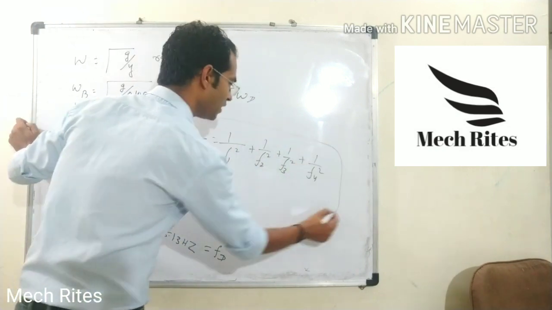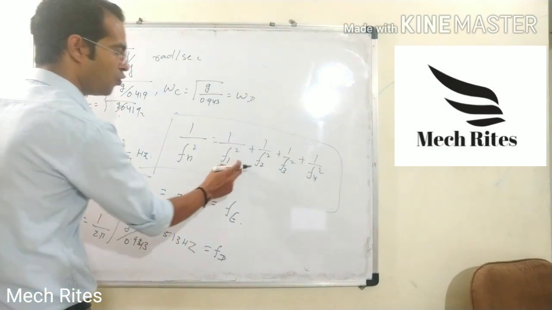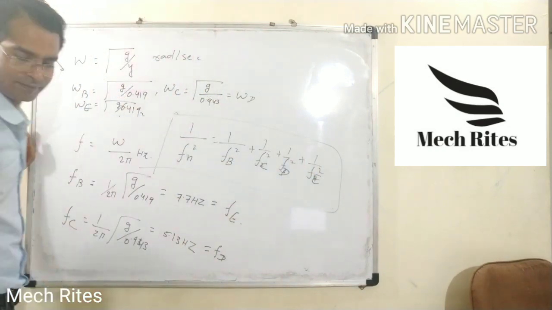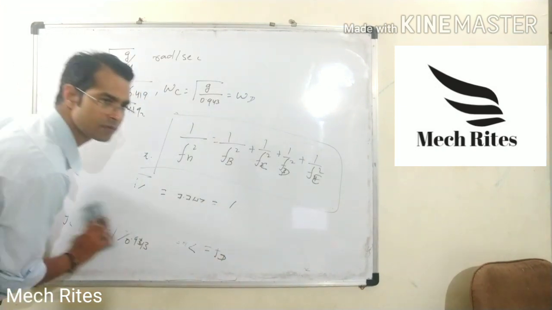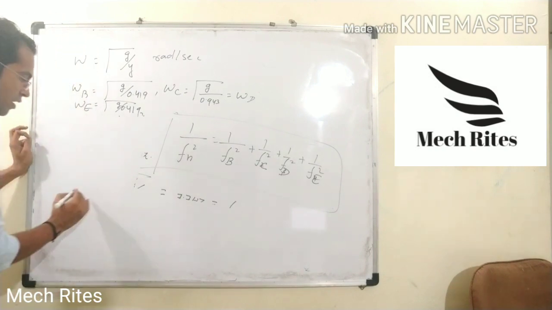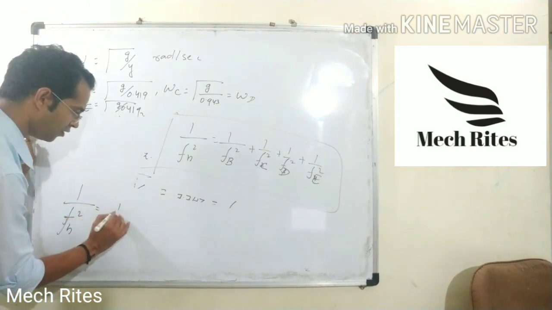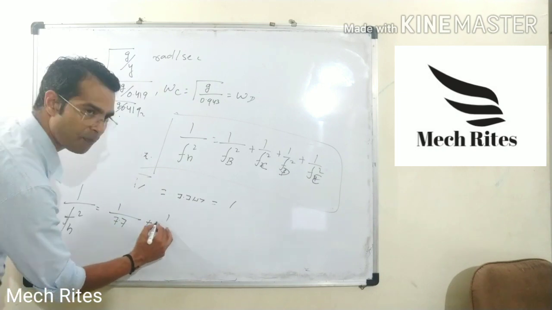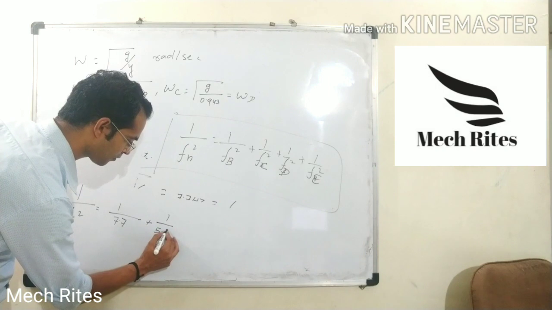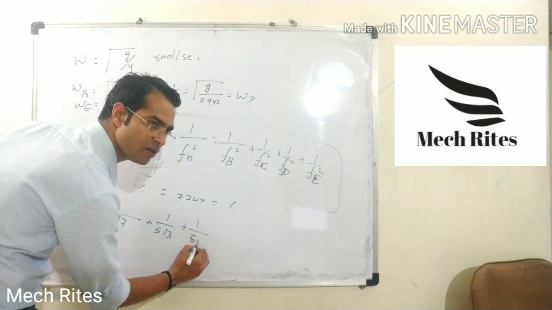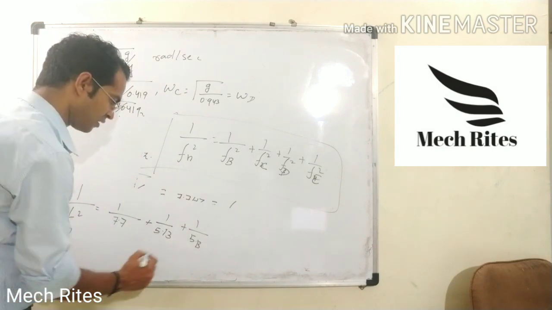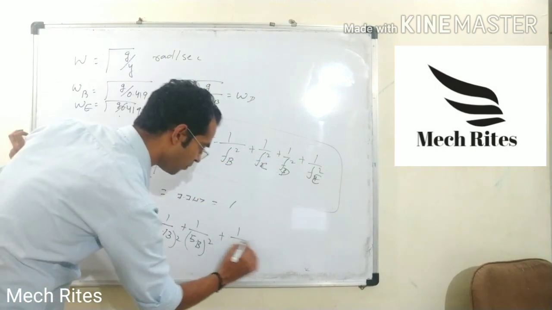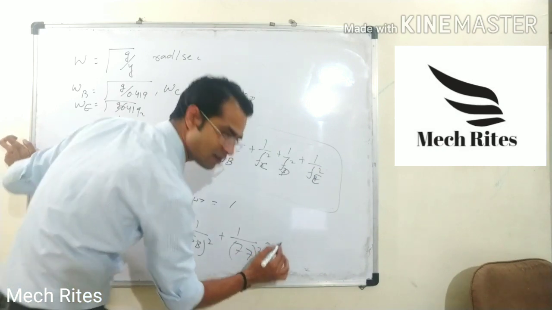It is the basic formula of Dunkerley's method. For this particular question, instead of 1, 2, 3 and 4, I will write B, C, D and E. So the value of 1 by Fn square will be 1 upon 7.7 square plus 1 upon 5.13 square plus 1 upon 5.13 square plus 1 upon 7.7 square, and its value is